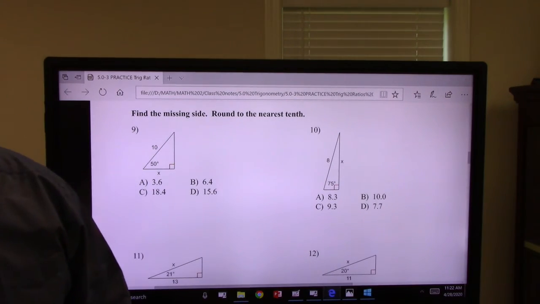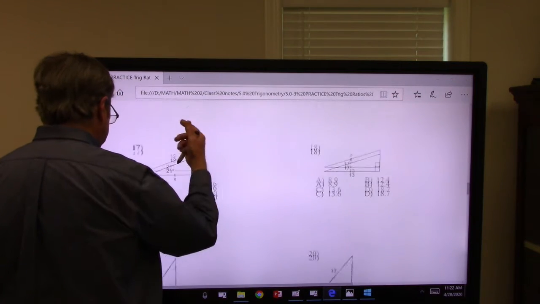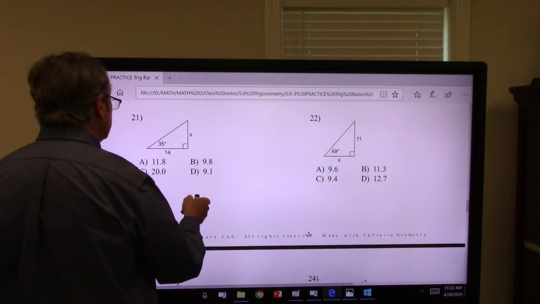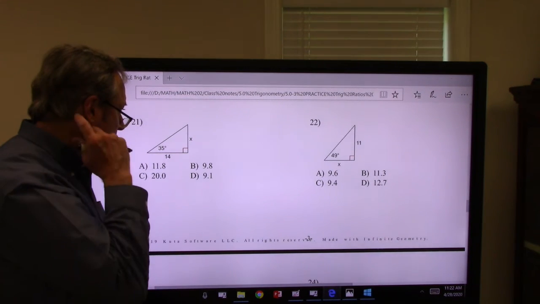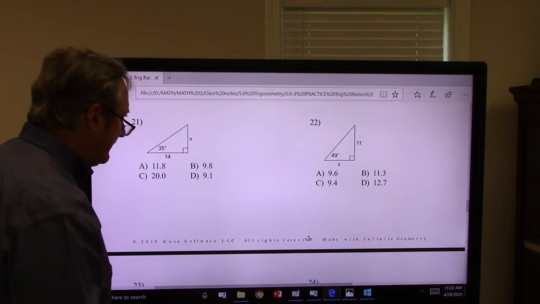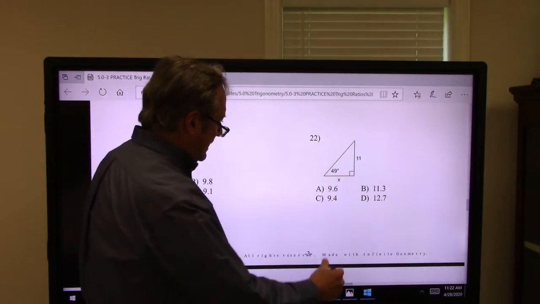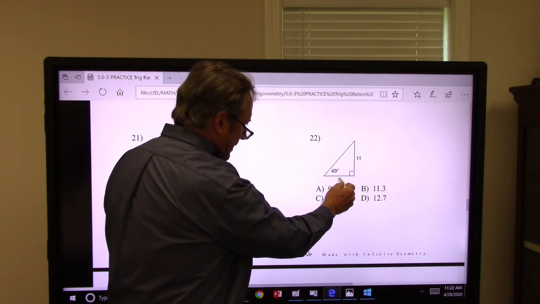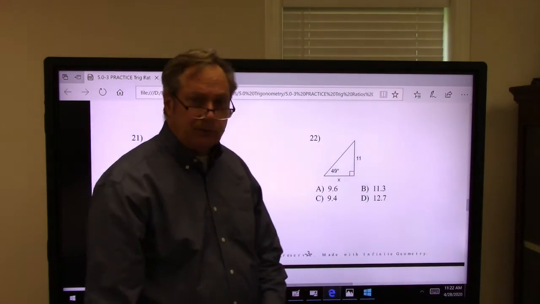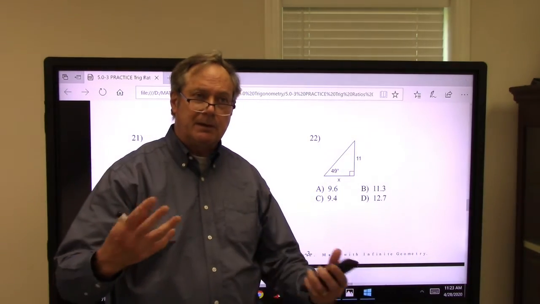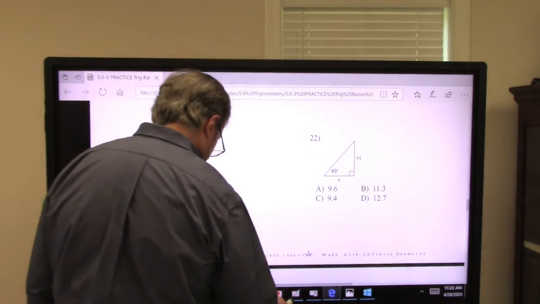Okay, now I want to show you a couple examples that are a little bit more difficult. Let's go to 21 and 22. In fact, let's jump right to 22. Now to find this length, again, you have to say to yourself, all right, what is that side compared to the angle? That's the adjacent side, this is the opposite. So which trig function does opposite and adjacent? Well, that would be tangent, right? Okay, so let's write our